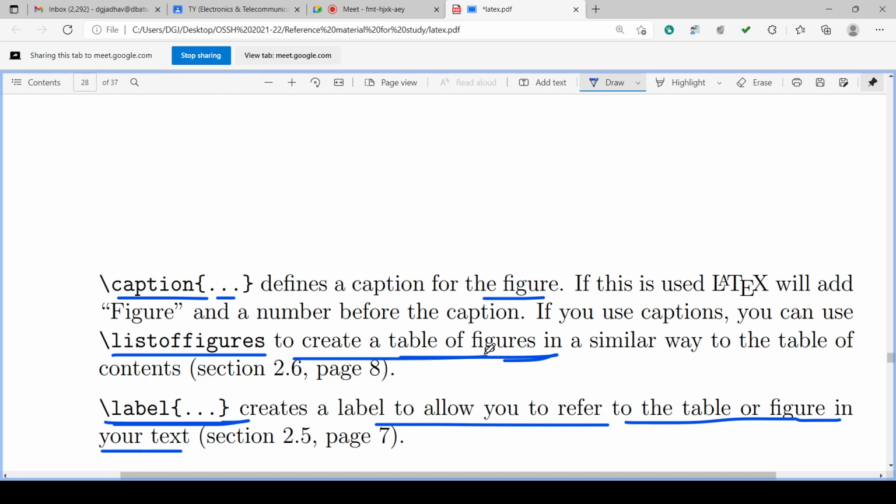So in that hyperlink, if you click that hyperlink, it will automatically take us in the document wherever the reference is there. We can have the label, click that hyperlink, and we can go to the referred figure. So automatically by clicking we can go into the referred figure. The table of figures is there, and in that table of figures, if you click on the name of the figure, automatically it will take us to that page. So it will become fast and easier to understand, to learn, to read the document.